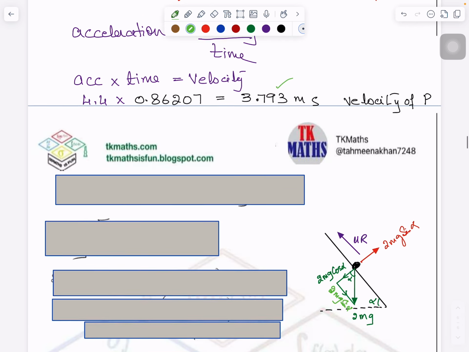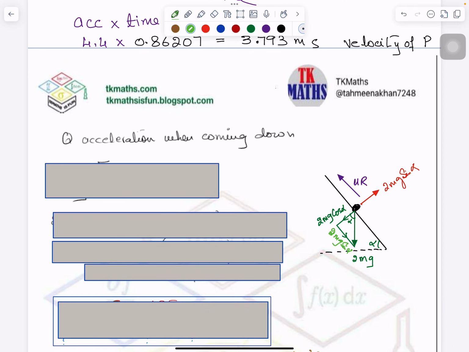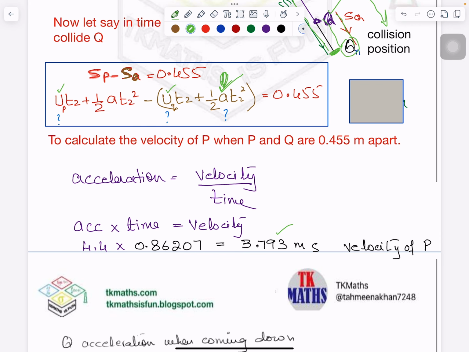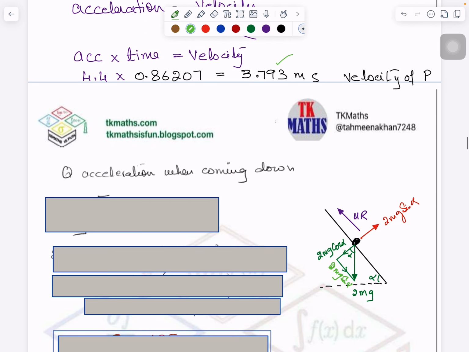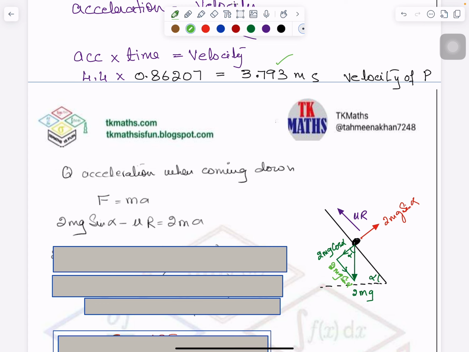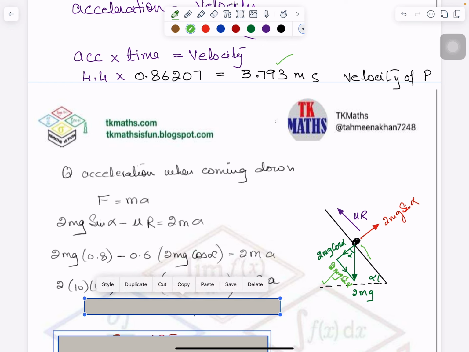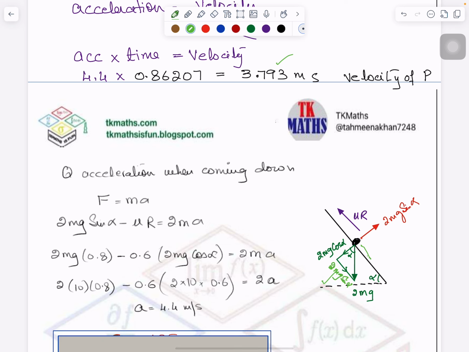And for Q, we will calculate the acceleration now, right? So that we can substitute it in this formula at this place. Then we will have everything to substitute here. Velocity we have gotten, acceleration of P we already have, U we know is 0, A we have to calculate. So let's calculate it here using Newton's second law of motion again, because Q is going down now. So this is the force due to weight, and the upward force is the maximum frictional force. So just substitute the values and get the acceleration. It is also 4.4, right?